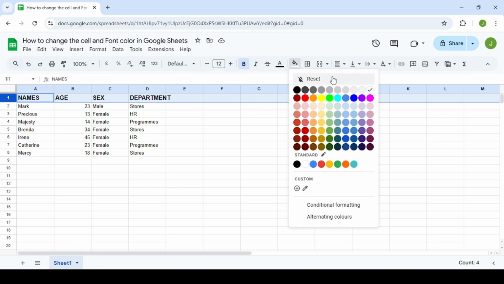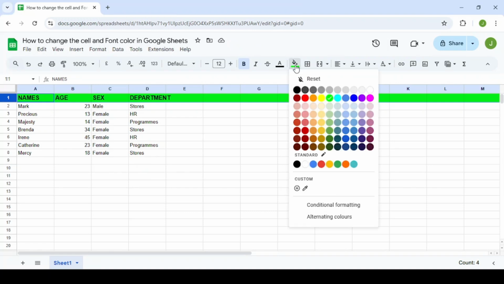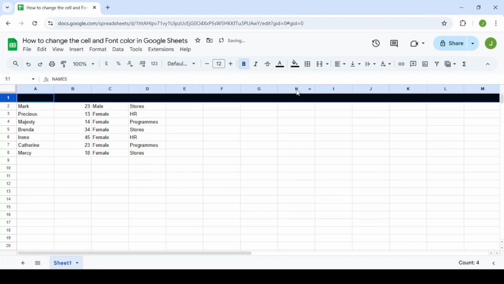So here I'll come to the different colors and select a color of my choice. Say I want this color, and there you go. Our cells have changed color. But I could actually make it appear much better. I can still go back to the bucket and then say this time round let me select on black,